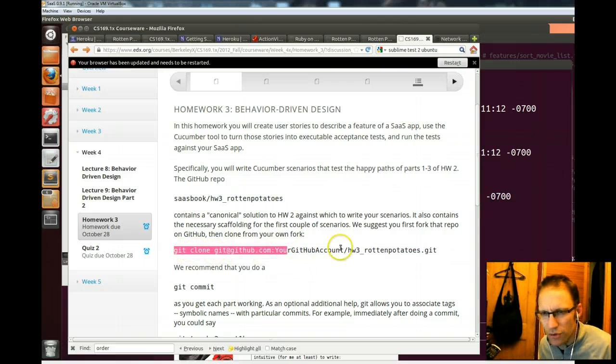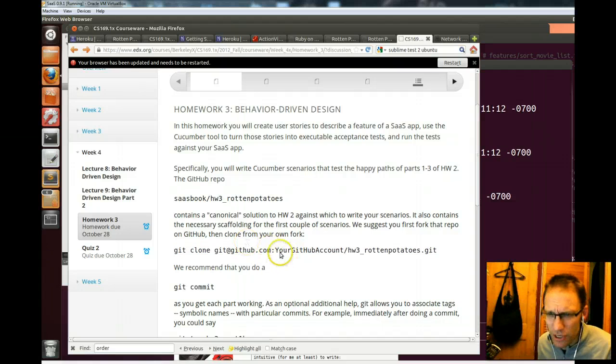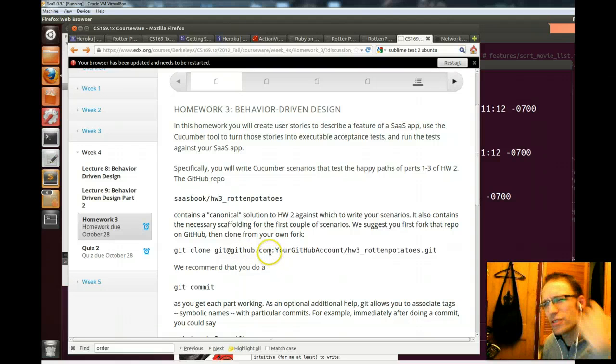You can just clone the HW3 Rotten Potatoes onto your local machine, the VMware thing, just by inserting, instead of your GitHub account name there, you can just do SaaS book. I guess their motivation for forking it is so that you can commit changes back up to GitHub, and that sort of assumes that you've got a private repository,